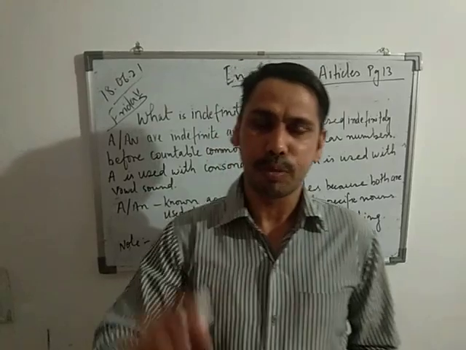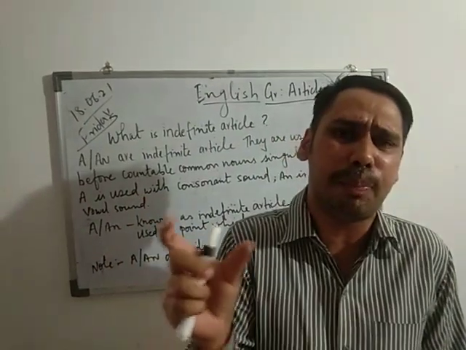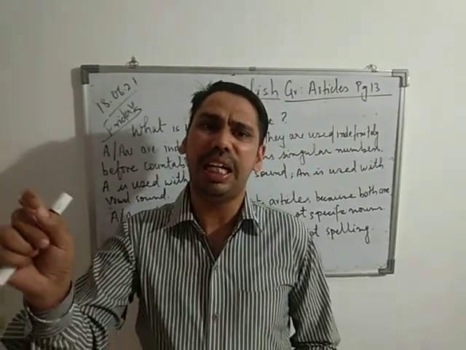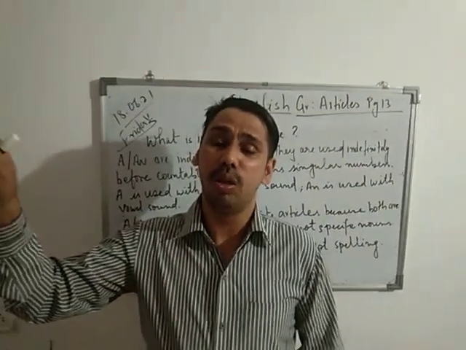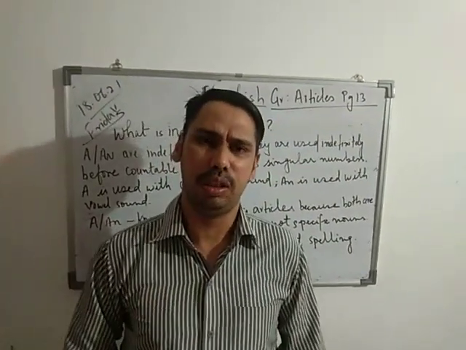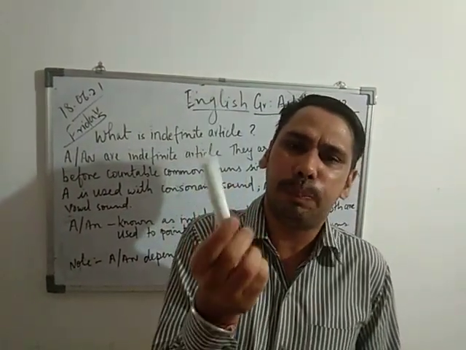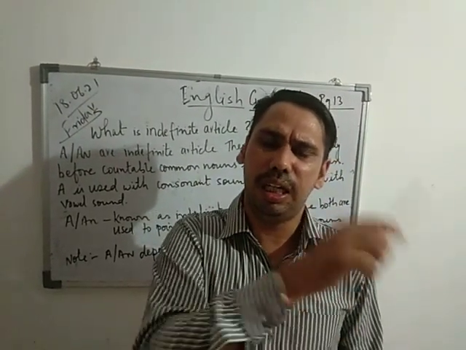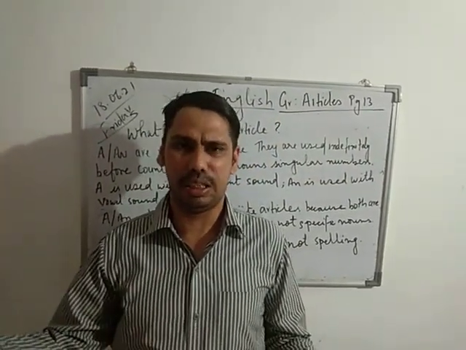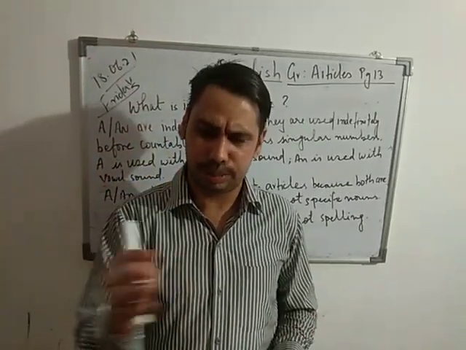For example, the Taj Mahal is in Agra. Taj Mahal is my proper noun, so the is placed before the noun. He is an honest man: an honest. I bought a marker. Marker is my common noun, so a is placed before the noun. Here it is a beautiful place. So wherever I use a, an or the, children, I place it just before the noun.